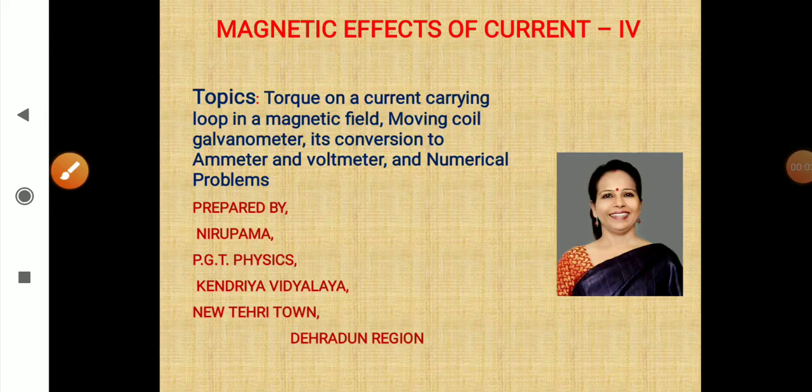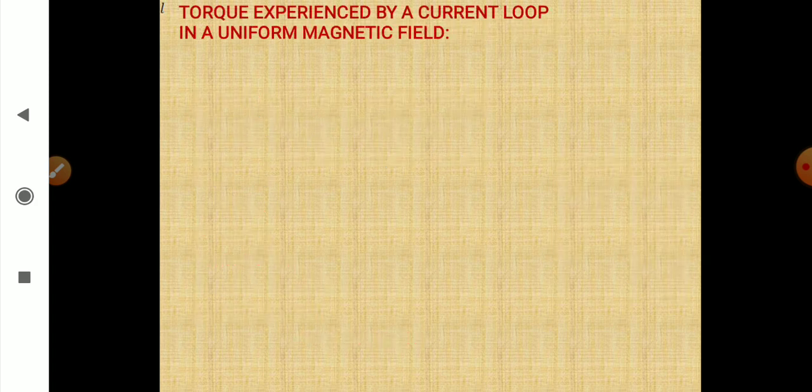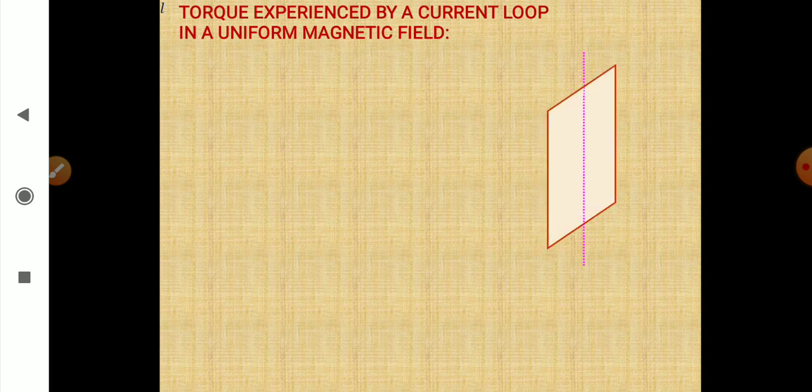Dear students, in this video on magnetic effects of current, we will study torque on a current carrying loop placed in magnetic field, moving coil galvanometer, its conversion to ammeter and voltmeter, and numerical problems based on these topics. So let us begin with the first topic, which is torque experienced by a current loop placed in uniform magnetic